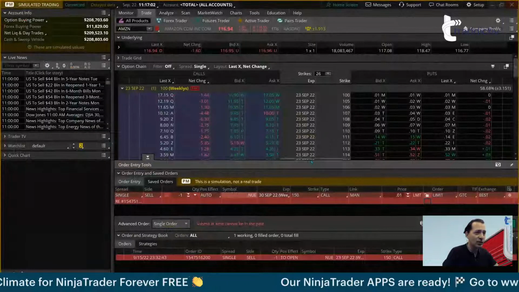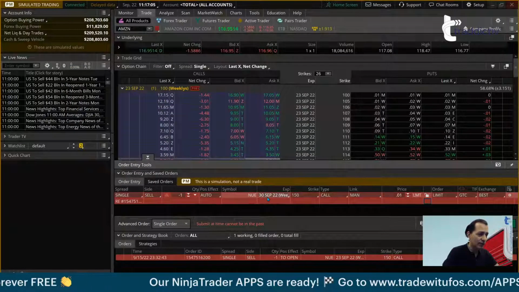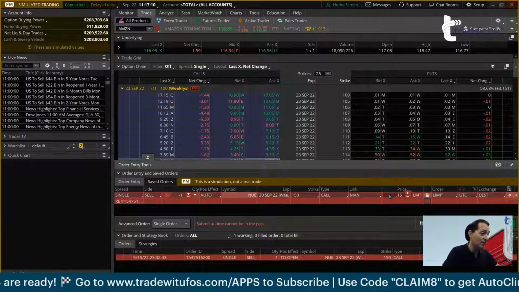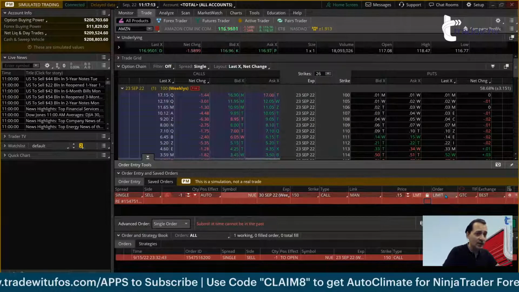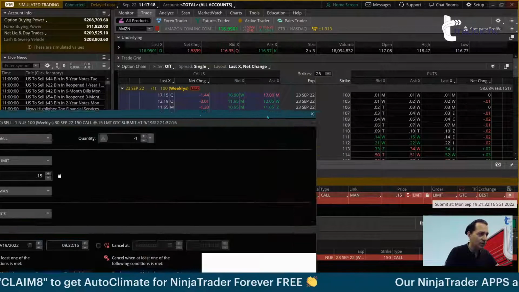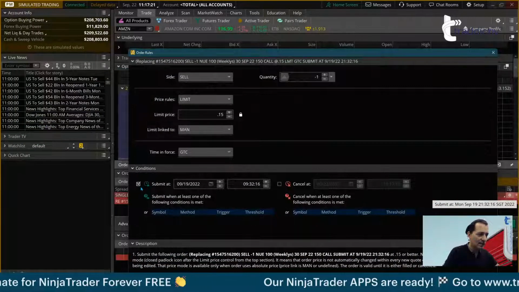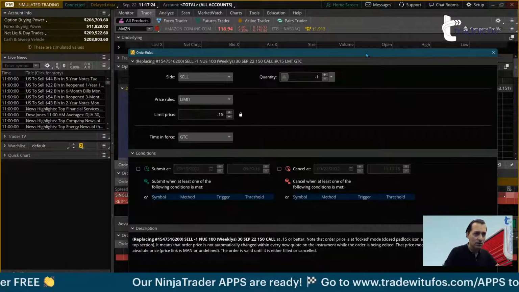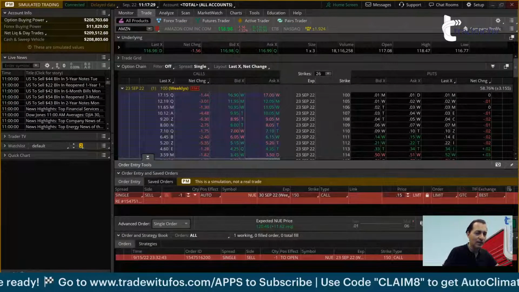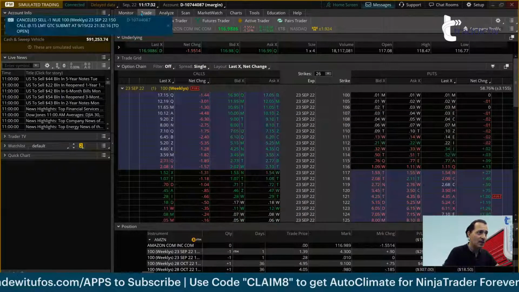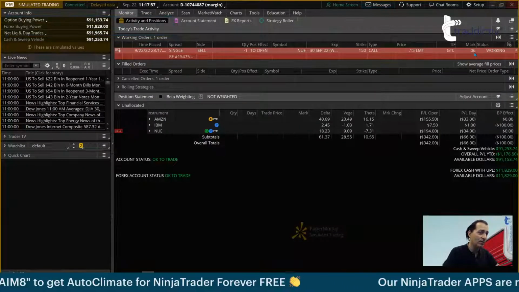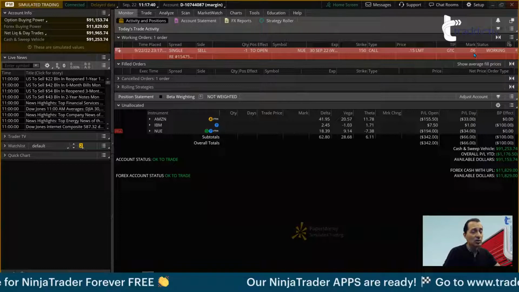In this case, for execution, I'm using TOS, and change the expiration date with 15 cents one more time. And since we didn't get filled on the September 23, there is no need to wait for next Monday. You can just get your limit order, good till cancel, now. Let me remove any condition here. So submit right now. Save. Okay, and this will allow me to replace the order now. So I'm just going to replace it. And now I have this new order waiting there with a September expiration at 15 cents, even though the current mark is 6 cents. So again, I need the stock to rally for me to get filled.